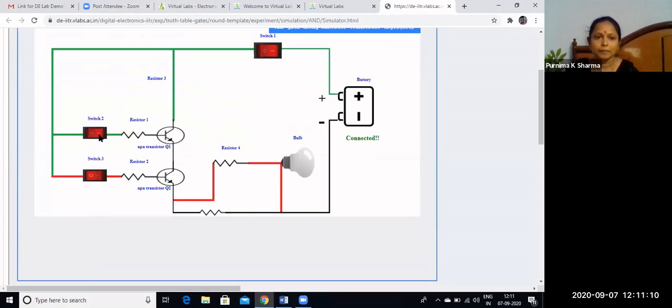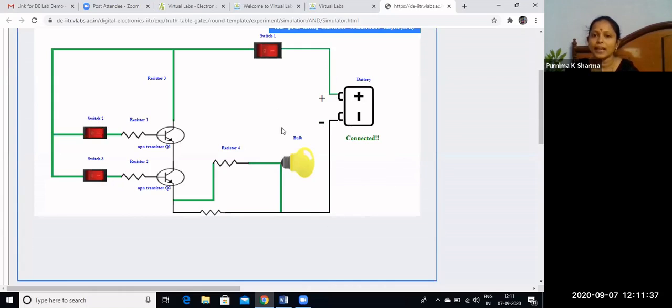Okay. 1, 0 as input to the AND gate, then also we will get output 0. Or otherwise, you can go for 1, 1. If you are giving 1, 1 to the AND gate, then we will get output 1. So, bulb is on now. We are getting bulb is on now.